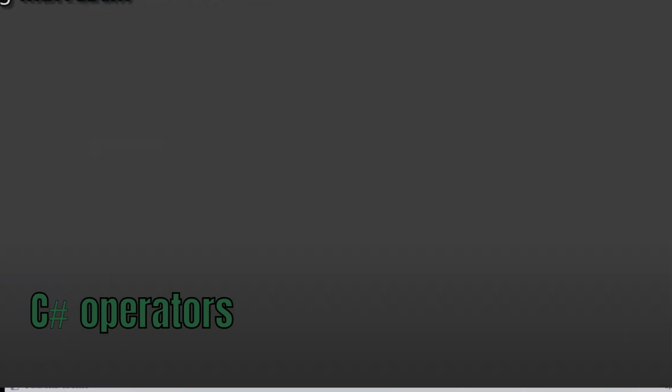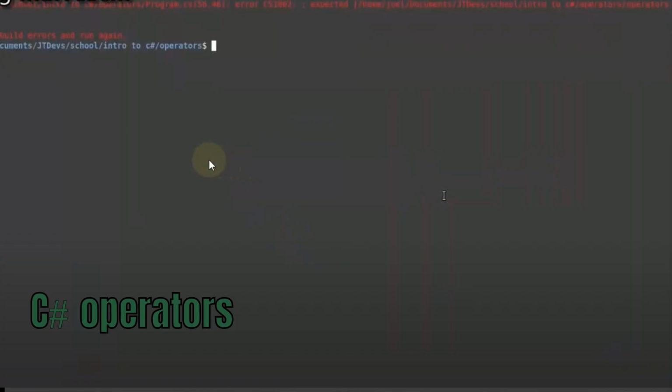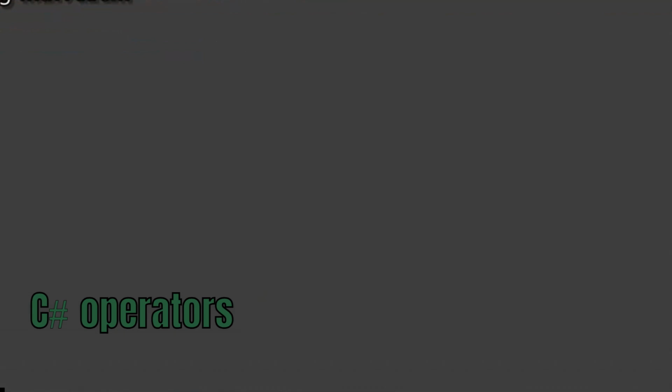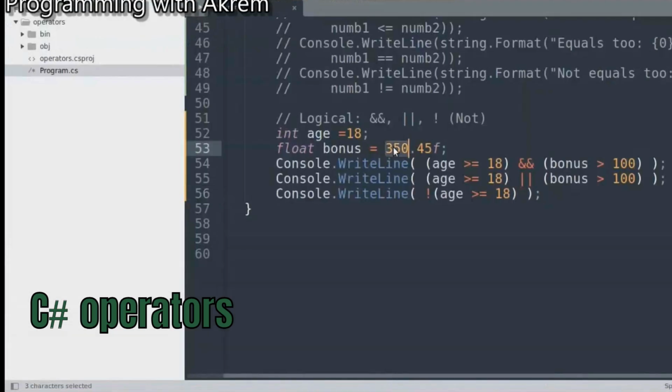Okay, I have a problem here. Oh, let's run. Here we have true, true, false. But the third is the difference: age more than 18. This age more than 18 is true, but I like the result of control